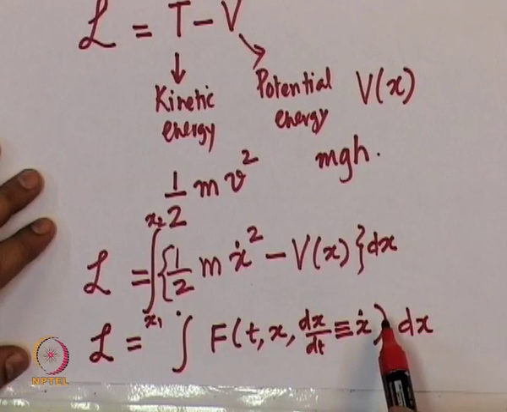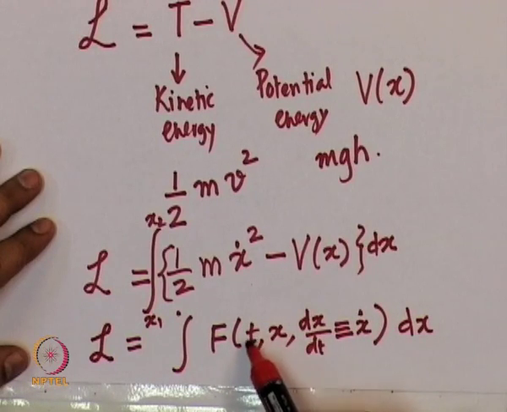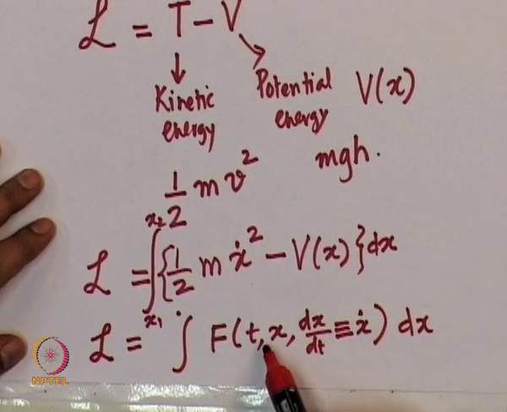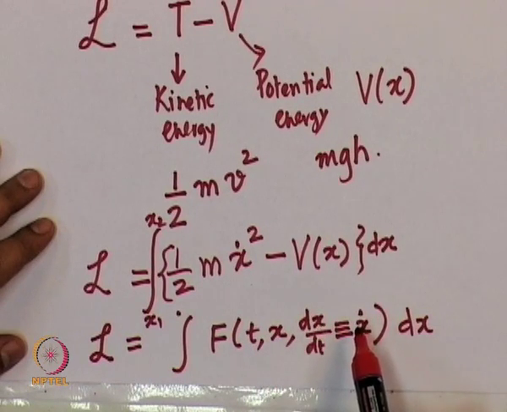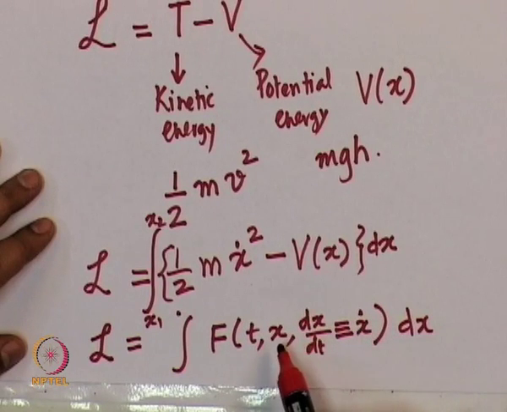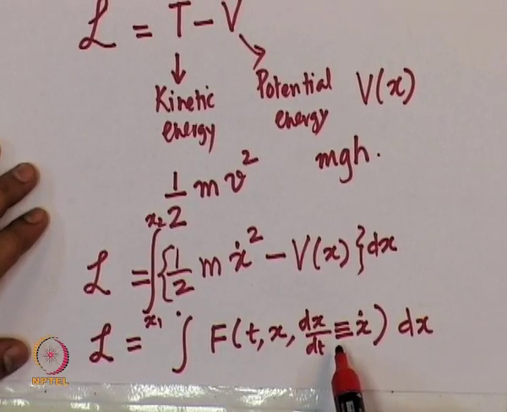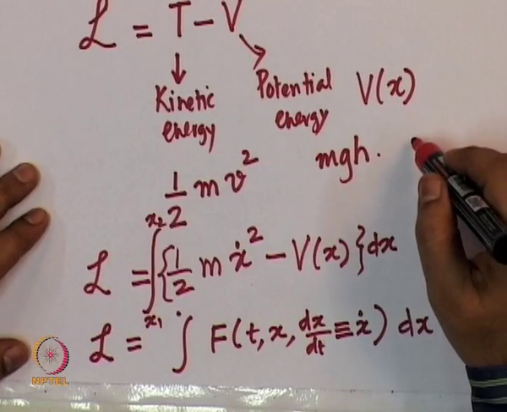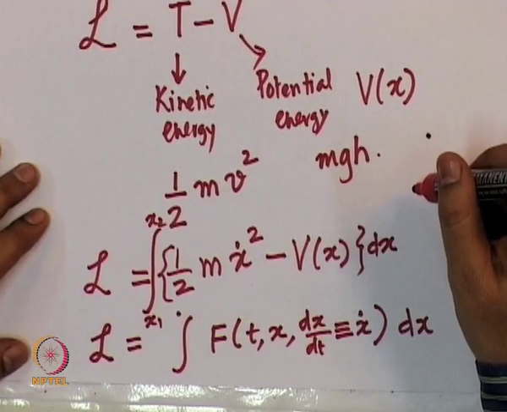It is a functional because what we are saying is that t is the independent variable. For every time there is a position, and even though there is a derivative, which is the derivative of position with respect to time, which is the velocity, we consider that as an independent variable. Why do we consider that as an independent variable? We consider that as an independent variable because, for example, I might be at this position at some time t,